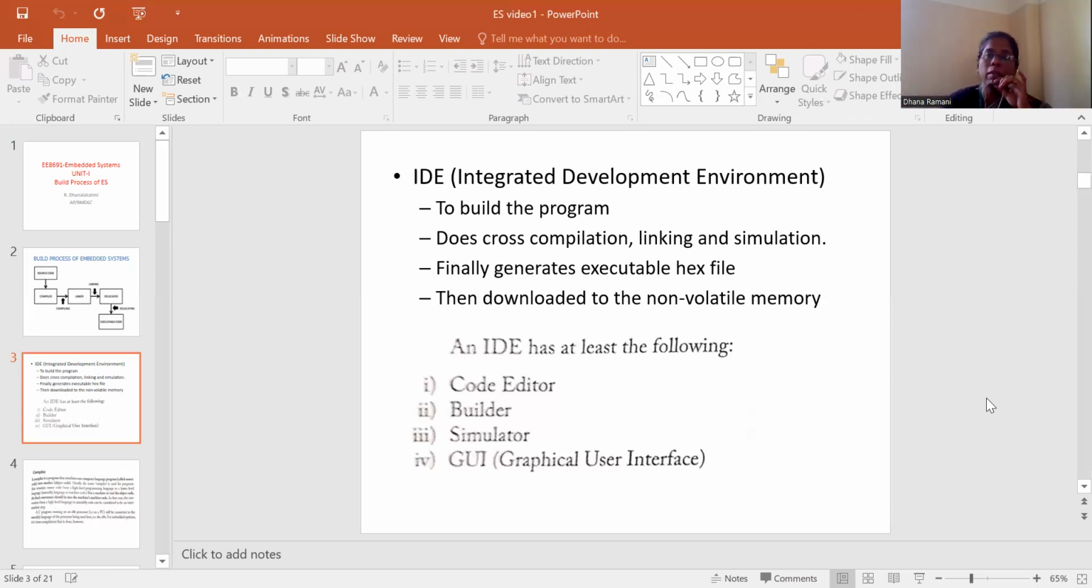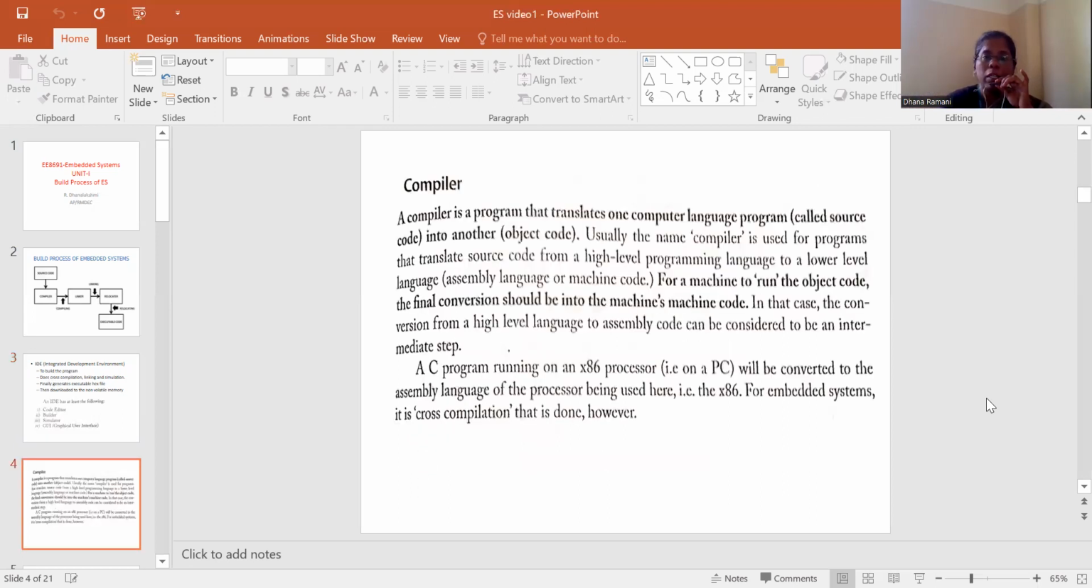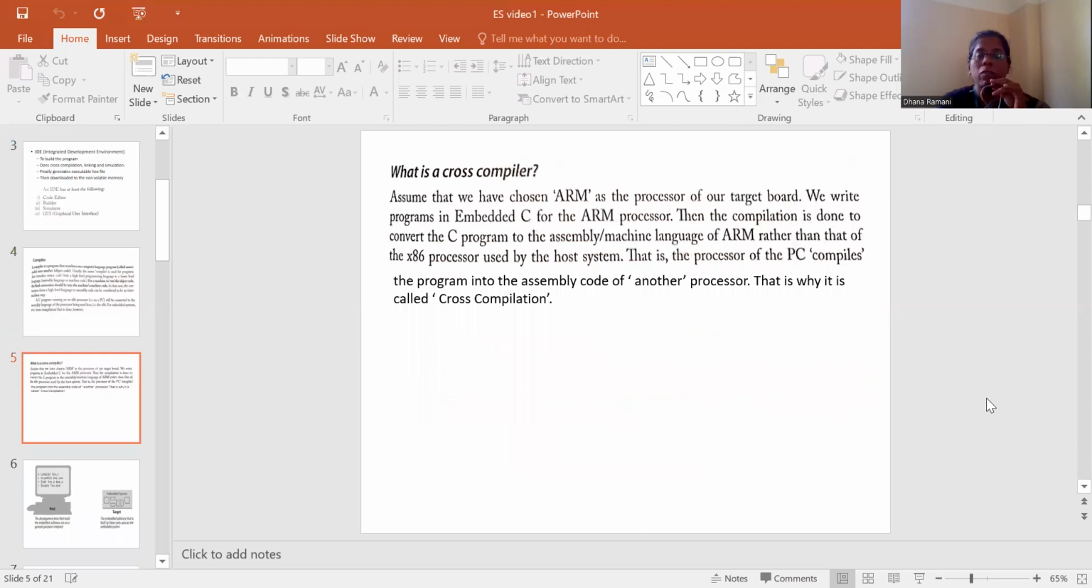So apart from this builder, we have a simulator, then GUI. GUI is a graphical user interface. So you can see that compiler, as I told, it's a translator which will translate the high level language to an assembly language. Whereas a cross compiler is the one where, say for example, we have a